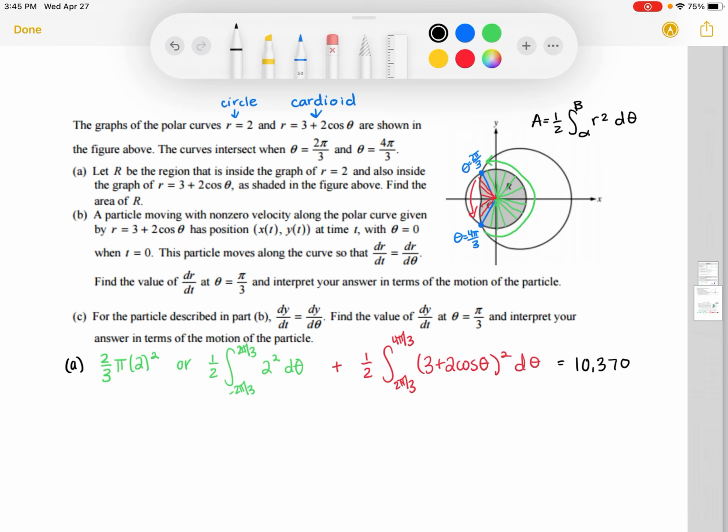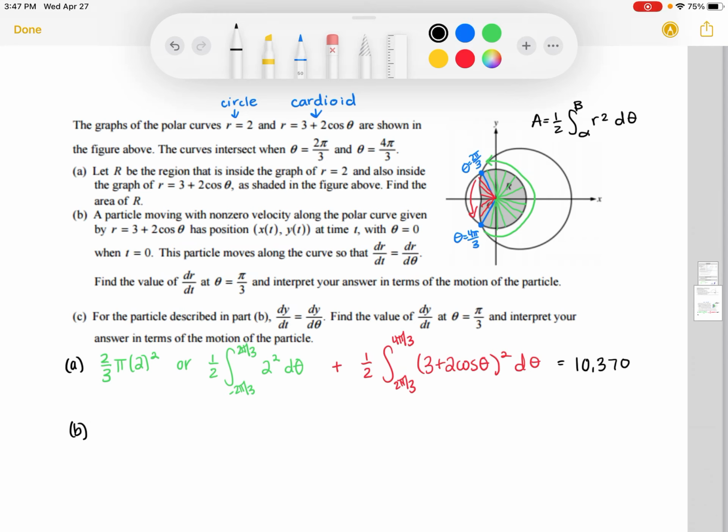Part B is asking, a particle is moving along r equals 3 plus 2 cosine theta, so that's the cardioid, and the position is x of t, y of t, theta is 0 at t equals 0. The particle moves along the curve, so that dr dt equals dr d theta. That's basically saying the rate of change of its radius with respect to time is equal to the rate of change of its radius with respect to its angle. Find the value of dr dt at theta equals pi over 3